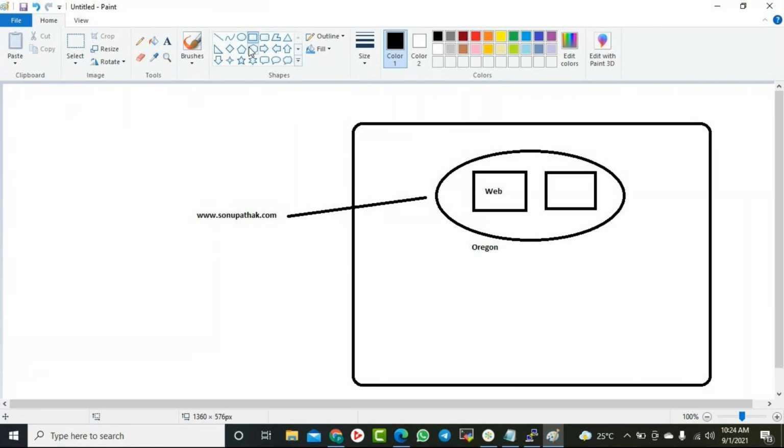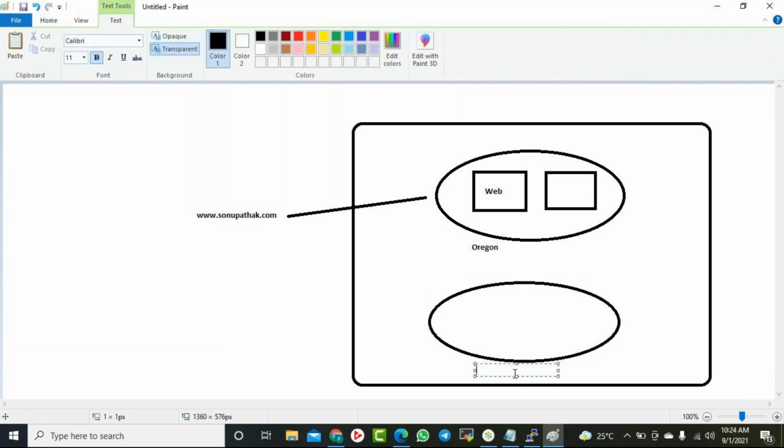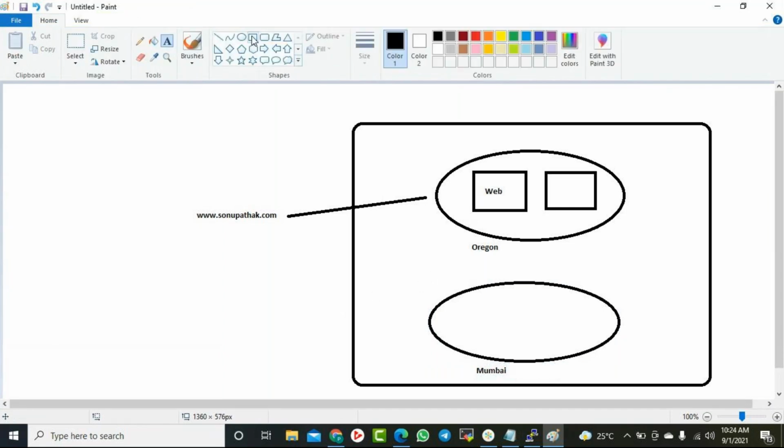Or suppose you have many users, many viewers from the Mumbai region, India, also. So you can create one more server. That is another option, right? That depends on what your requirement is. If you have viewers from India also, you can create a different server, and you can create a duplicate server here also.